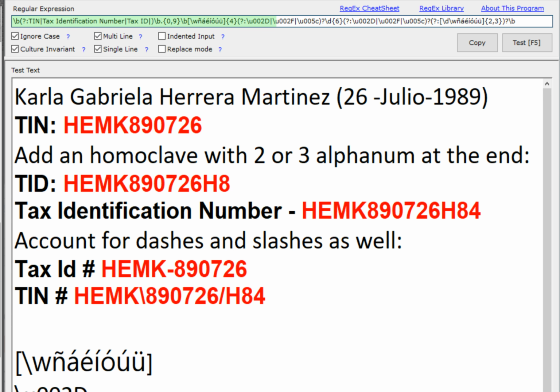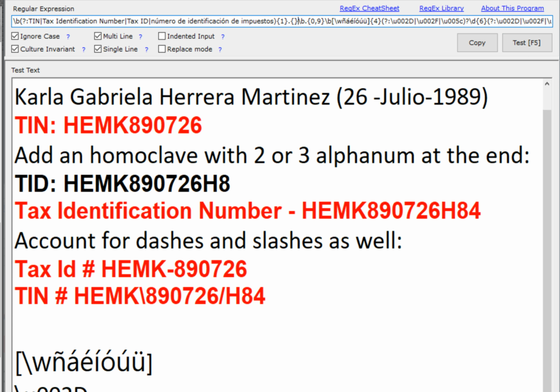And finally, for our proximity pattern, we'll create another non-capture group that's just a series of OR statements for things we want to match against. I'll purposefully leave out TID to make sure that that does not match. Once we test our new pattern, we'll see that everything is now matching except for TID, which is what we'd